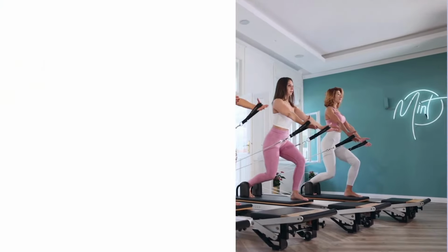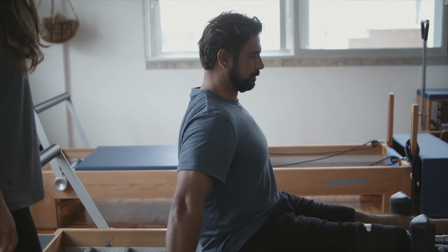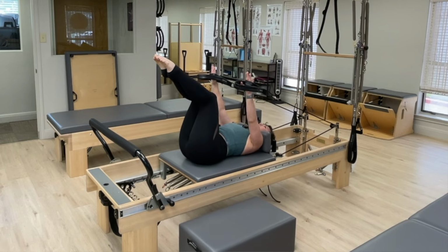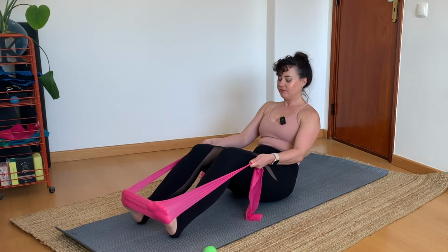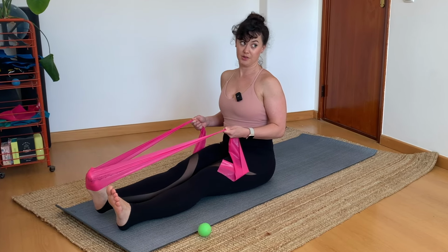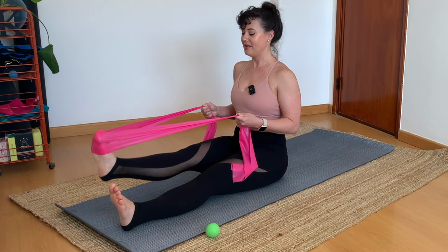Again, if you've taken any kind of Pilates machine work, either on the Cadillac or the Reformer, you'll know that there are lots of springs, lots of pulleys, all sorts of things to hold on to give you support to crank it up in your arms or legs, and our TheraBands can really do that for us on the mat. Not only can they make some exercises more challenging, they'll help us make certain exercises a bit more accessible. Sometimes there are things on the mat that we simply cannot do without the assistance of a prop, of a tool, as we're building the right strength. And resistance bands are a fabulous way to incorporate those deeper movements while still feeling strong, confident, secure in your